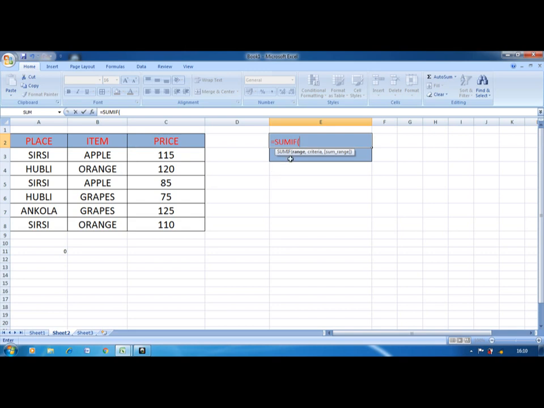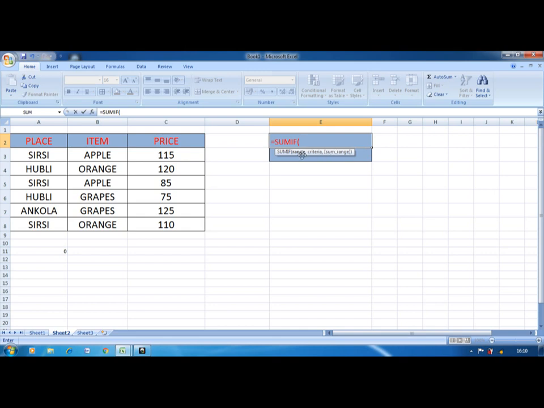If I take sum if function here, it shows three arguments. One is range, second one is criteria, and third one is the sum range. So you can view the difference. A range means either it includes numbers or it includes text. But sum range is always a number.